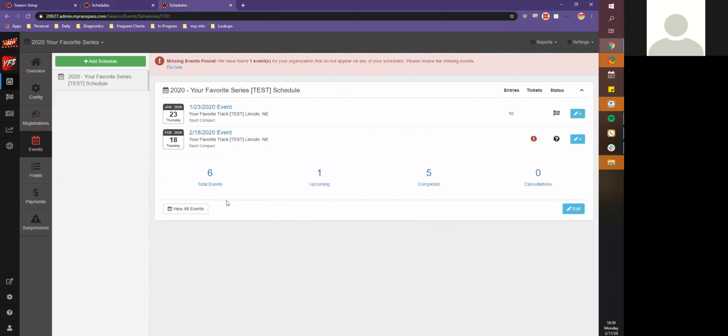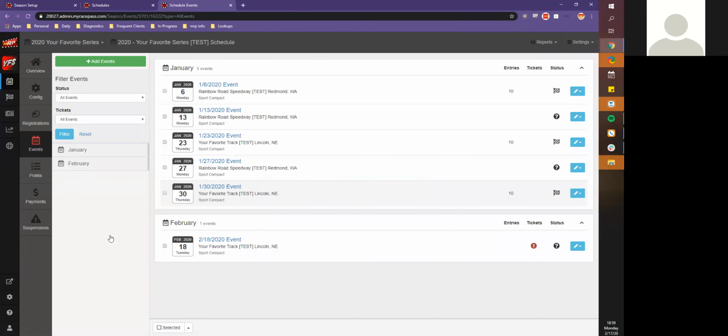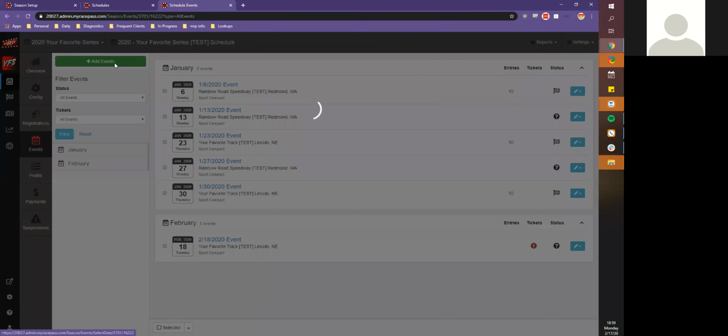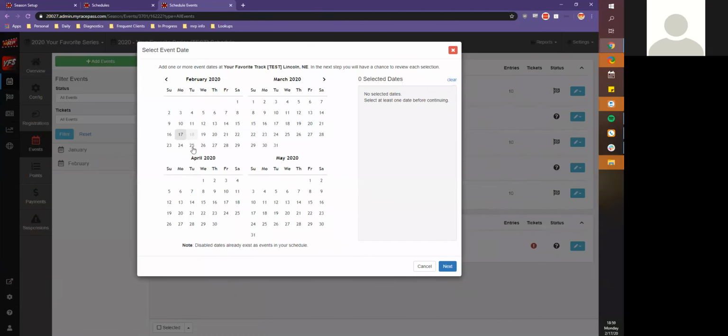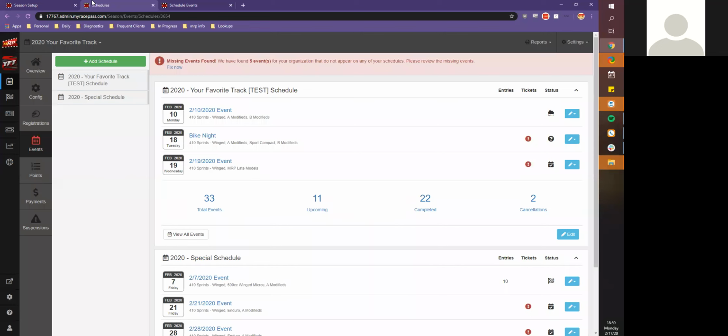So let's take a look at this for series so you can get an idea of what the series is doing. So what the series does, when they go in there, add events, and then they click on where they're going to be racing at, and then they can add that in there. So we can see that we already have a date there at your favorite track for this date. We can actually pick, oh,